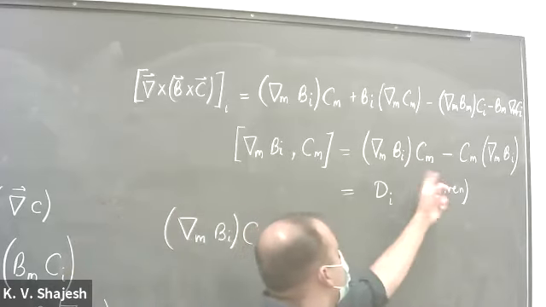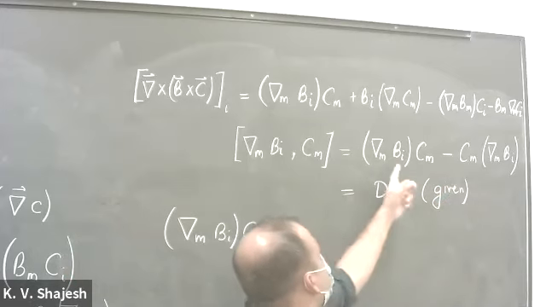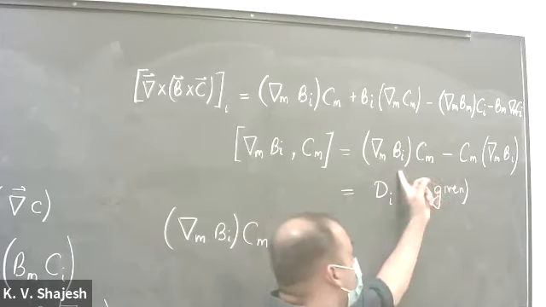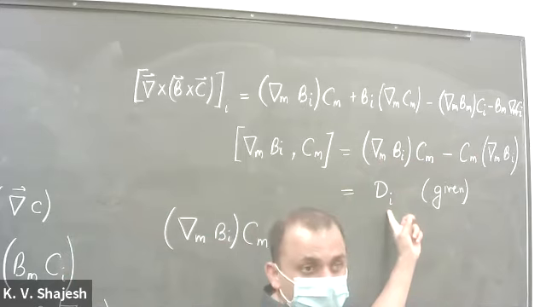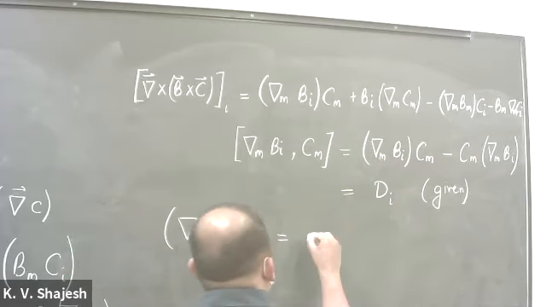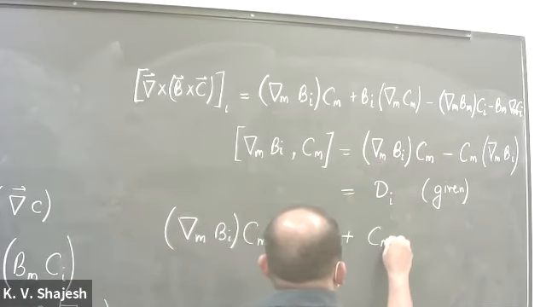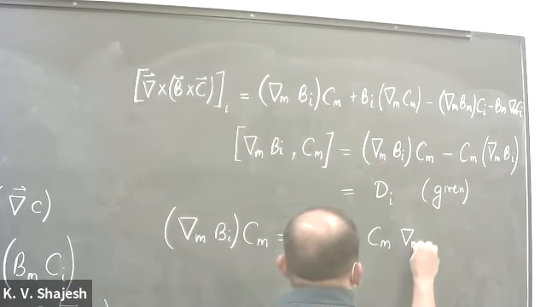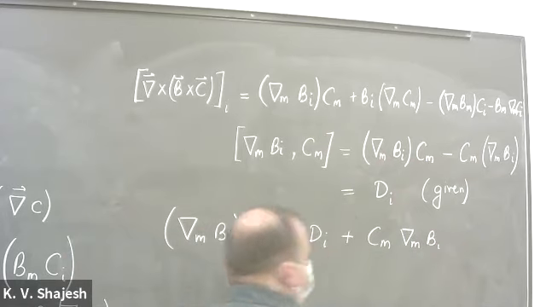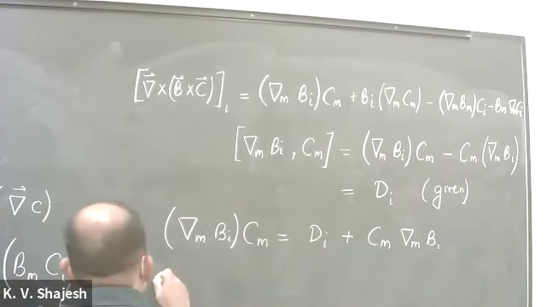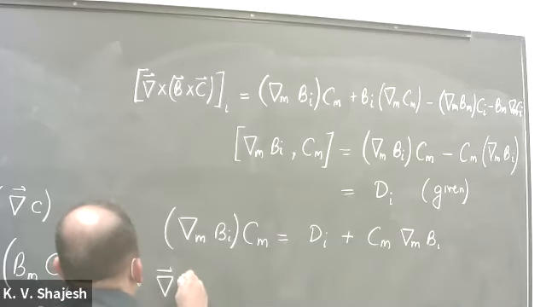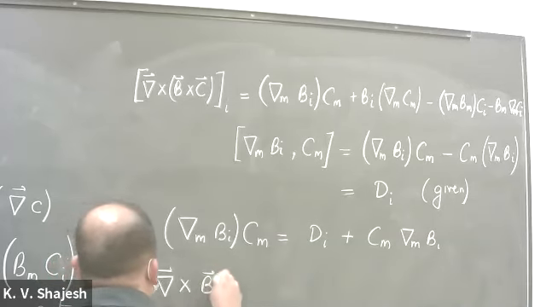What is delta I? Delta m bicm is this. This minus this is equal to di. So that's equal to di plus cm delta m bi. Correct? So if you were doing del cross b cross c,